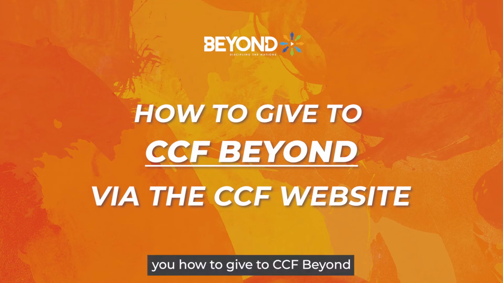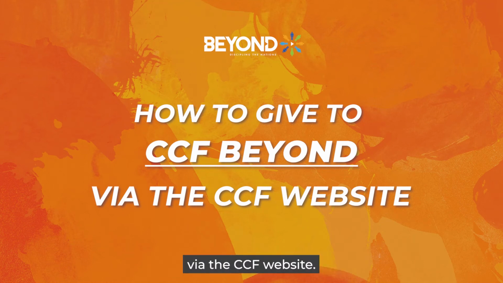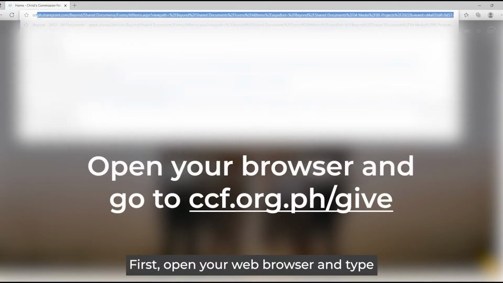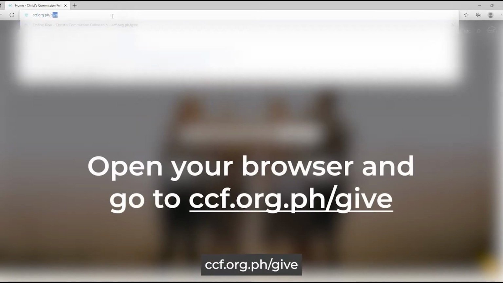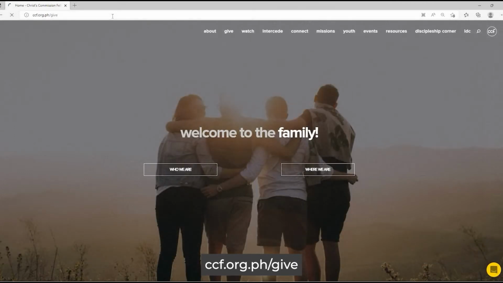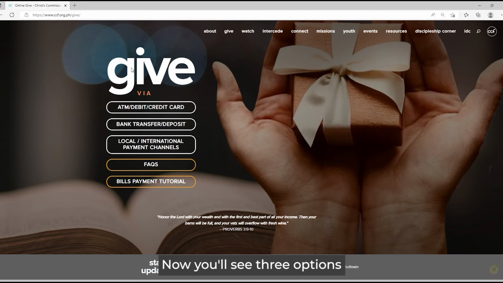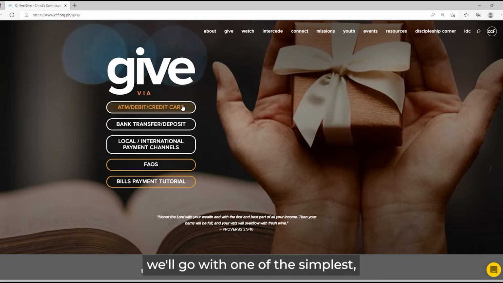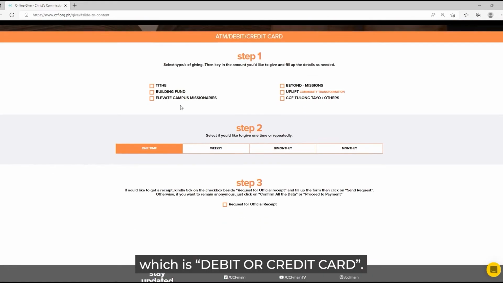Today we're going to show you how to give to CCF Beyond via the CCF website. First, open your web browser and type ccf.org.ph/give and press enter. Now you'll see three options: debit or credit card, bank transfer or deposit, and other local or international payment channels. But for today, we'll go with one of the simplest, which is debit or credit card,